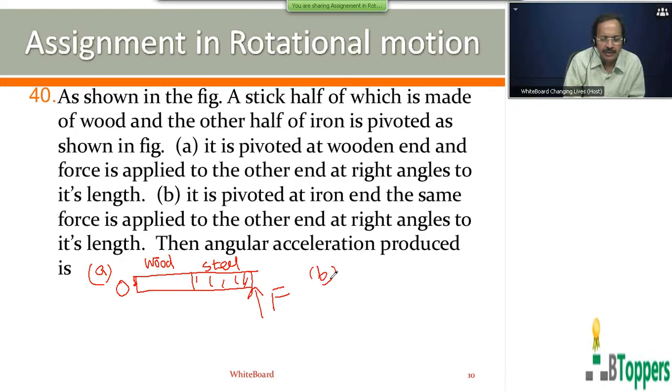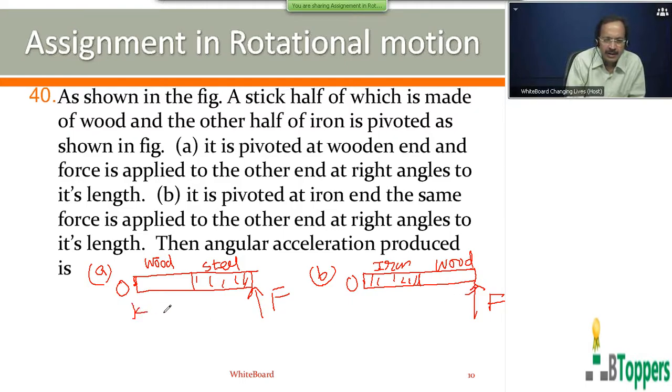The part B second figure, which I will of course show you again on the next slide. It is pivoted at the iron or steel end, and the same force is applied to the other end at right angles to its length. Let L denote the length here. The angular acceleration produced is...